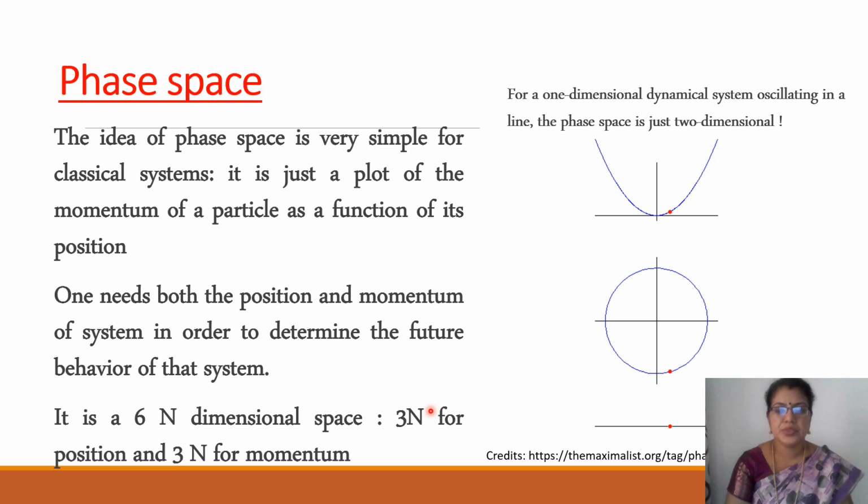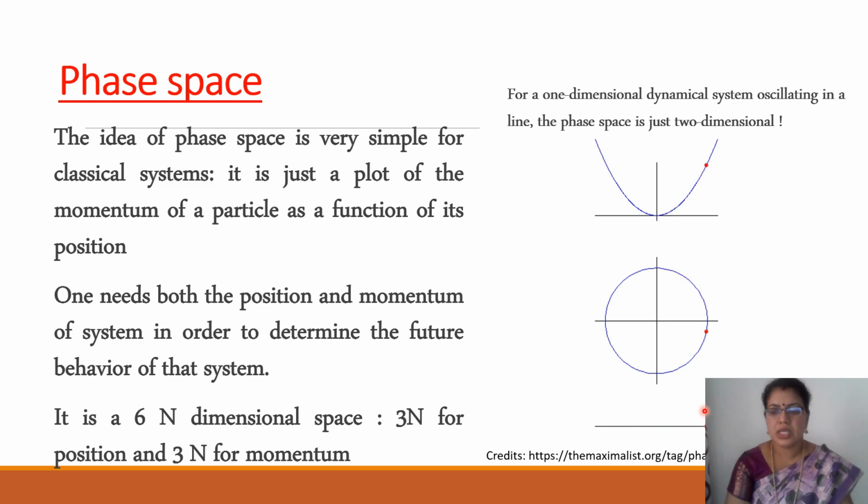So how am I going to visualize it? For a one-dimensional oscillating system like a harmonic oscillator oscillating along a line, the phase space would be just two-dimensional. At every point, if we calculate the velocity, thereby the momenta, we would be able to plot the momenta against the position. At the central position, the momenta or the velocity would have the maximum value, and when it reaches the extreme position,